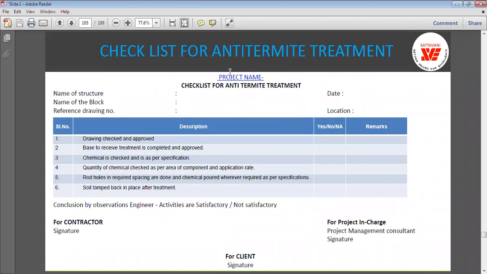Okay, the next part is the checklist for the anti-termite treatment. In this, what points are we going to consider: whether the drawing is checked and approved, then the base to receive the treatment is completed and approved, then the chemical is checked and is as per the specification, then the quantity of the chemicals as per the area of the component and application rate. So how much quantity of chemical you apply,